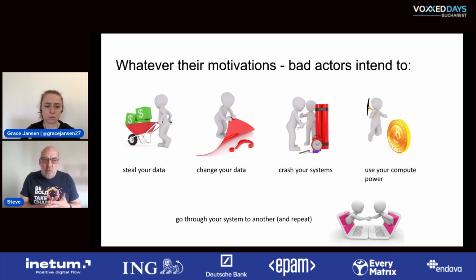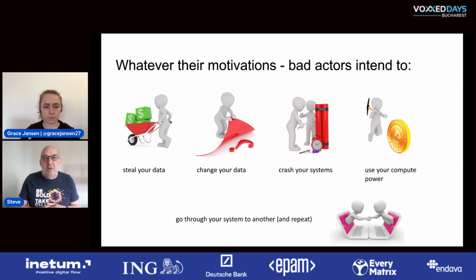We have all the traditional reasons why people are trying to attack your systems. It's all becoming quite a large and complicated environment, but at the base of it are some basics. So they want to steal your data, obviously. They want to change your data, perhaps not so obviously. Perhaps I want to insert some credit identities in a credit company. Maybe I just want to change the address of where you ship things so that they go to me rather than to you. So changing data, crashing your systems, denial of service attacks, those sorts of things.